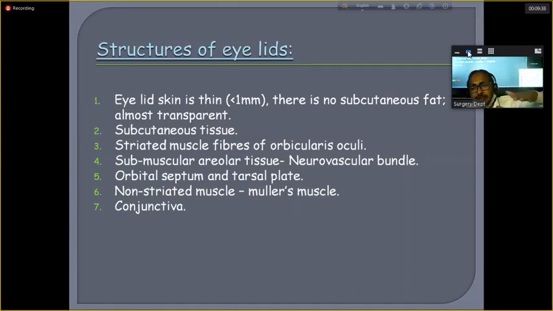Anterior part is communicated with the subcutaneous layers of the scalp. So with any injury in the upper part, in the scalp, blood may come into the eyelid. Sometimes there is a black eye, and because the orbital septum and tarsal plate do not allow blood to go under the surface of the eyelid.